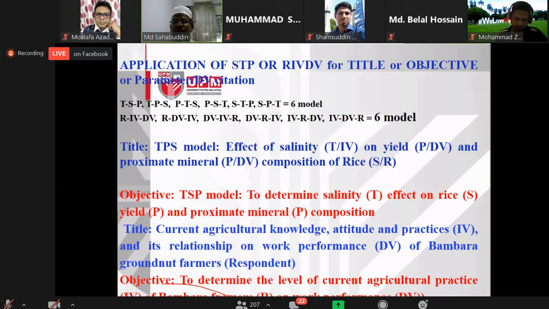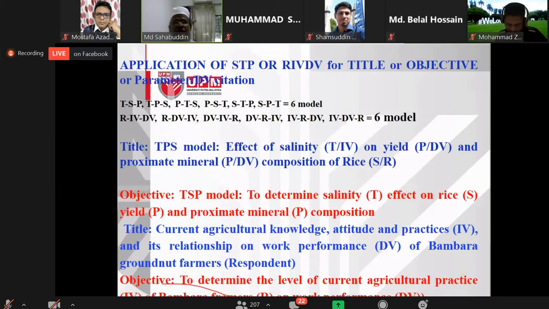That means subject information will be less, treatment information will be medium, and parameter or DV information will be more. So if you have 30 citations, we have already fixed the percent ratio regarding the percent importance among all 3 elements. If we follow it, then you can get how many citations we need under the 3 elements: subject, treatment, parameter.